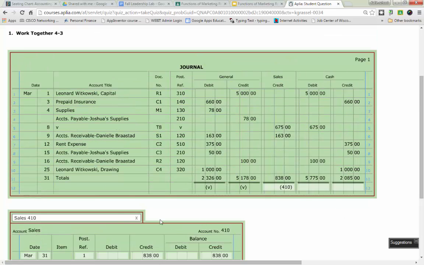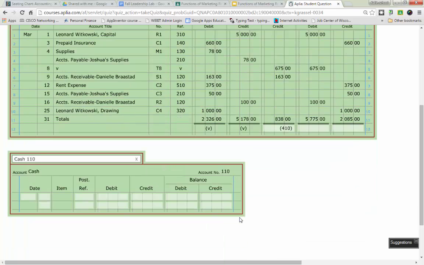Now, I'm going to go ahead and go to cash. Now, I am posting my ledger left to right. It is really important that I do sales first, then I do cash debit, and then I do cash credit. What happens if I did cash credit first? What would the balance of my account be? A credit. Should we have a credit cash balance? No, because cash is an asset. Assets have to have a debit balance. I forgot to give you a T-account quiz. You'll get one in a little bit. So you need to make sure that you post your debit first, so you don't have a credit balance for